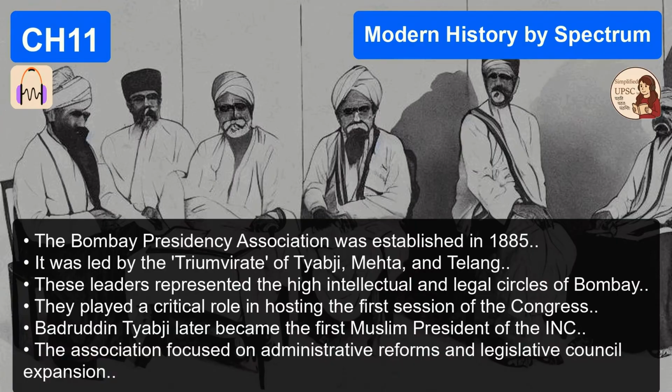Exactly. So the theory goes that Hume, and potentially the viceroy at the time, Lord Dufferin, wanted to provide a literal safety valve. A way to let the steam out. Right. Provide a safe, polite, constitutional forum where educated Indians could gather once a year, vent their grievances, pass some polite resolutions, and feel like they were being heard. Letting off the steam harmlessly so the whole cooker wouldn't explode into an armed rebellion. According to this theory, yes, that was the grand British design.